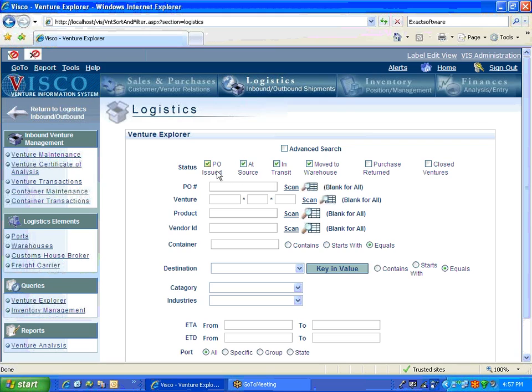PO issued, meaning that the order has been placed with the supplier, but they haven't actually shipped it yet. At source, meaning we've loaded it onto a container, but that container may not have shipped yet. In transit, meaning on the water, in the warehouse. There's also things that could have a status of purchase returned, or closed ventures, meaning ventures which have been entirely